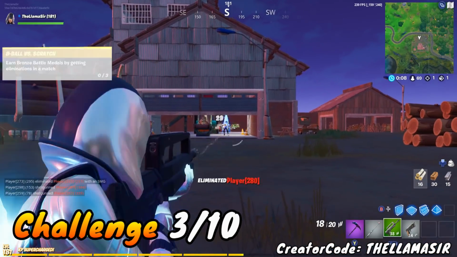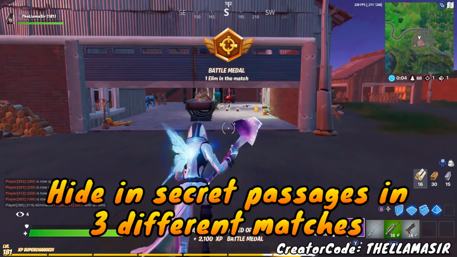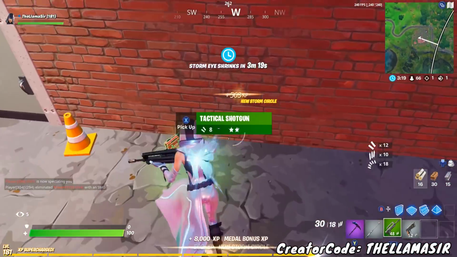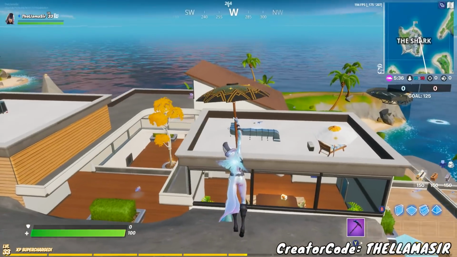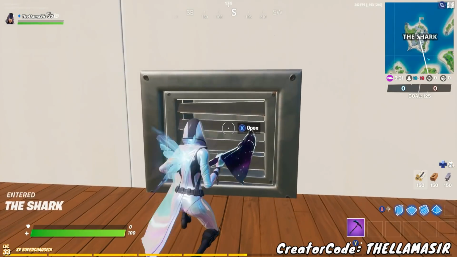Then after that, guys, one of the tougher challenges is to find, or more specifically what it says is to hide in secret passages in different matches, and you have to do that in 3 matches. Now this one you could actually probably do with the previous 2 that I showed you, or you can do it with any of the other challenges, but basically what I'm pretty sure this means is any of the hidden